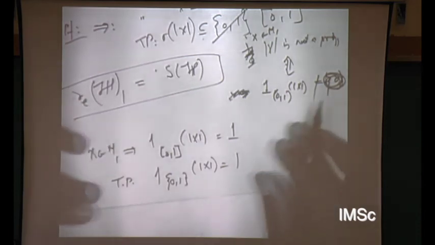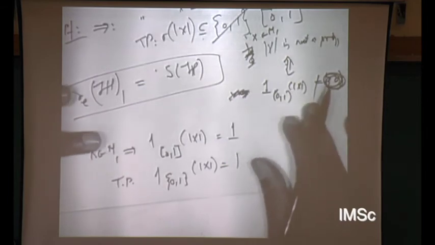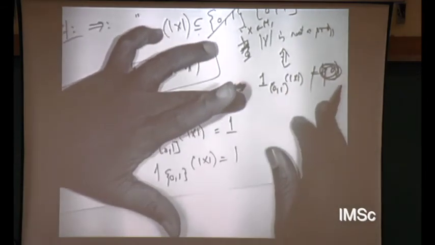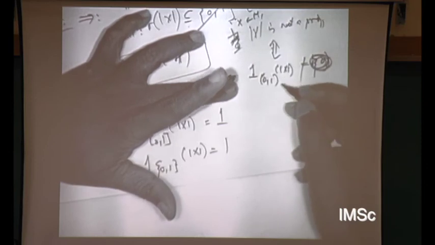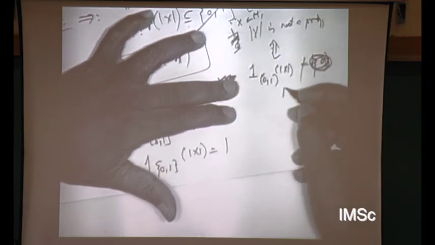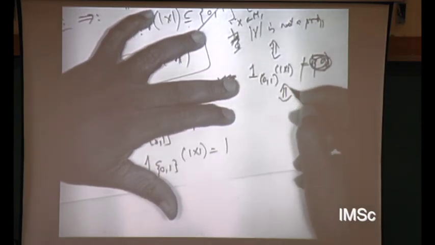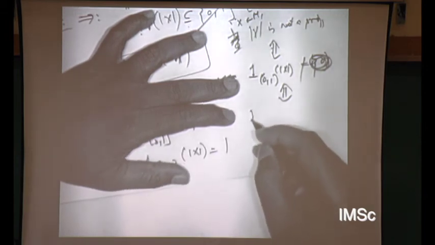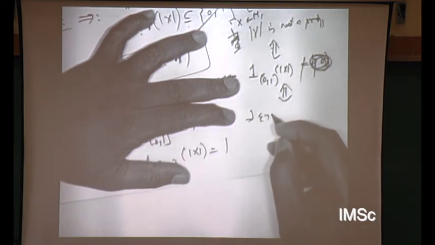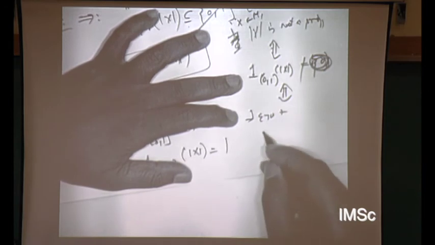So to say it is not a projection means that this is not 0, if and only if there exists epsilon such that